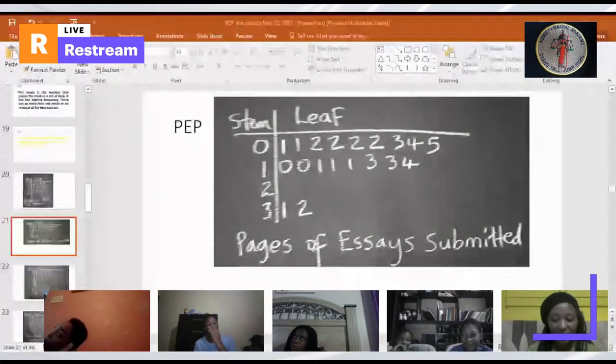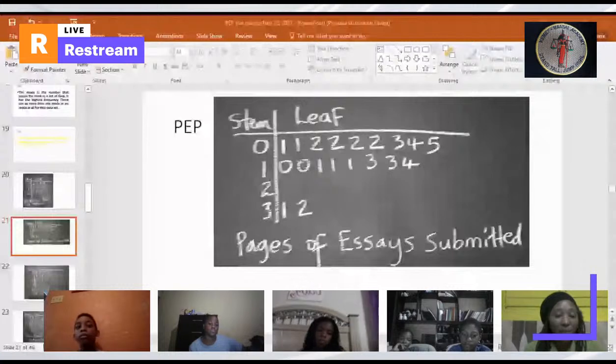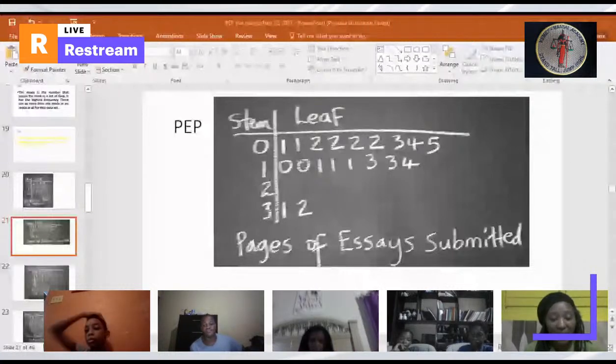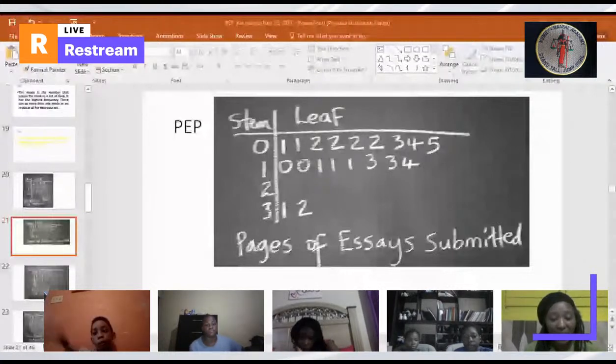So let's see now. So pages of essays submitted. Remember, we're going to combine the stem with the leaf. First row, the first